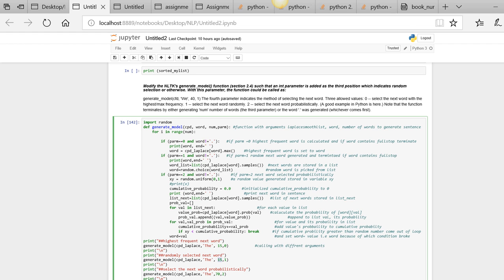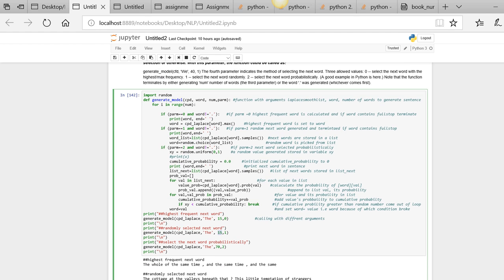as a parameter. Word is the word that I would like to start the search with and generate a sentence with, along with the number of words to generate in a sentence, and the parameter. If I send 0, it would find the highest frequent next word, based on the max function, and otherwise randomly select the next word. CPD lab of that word, dot samples, contains a list of all the next words. I randomly choose one word each time, and that is set to the word, and that is printed to